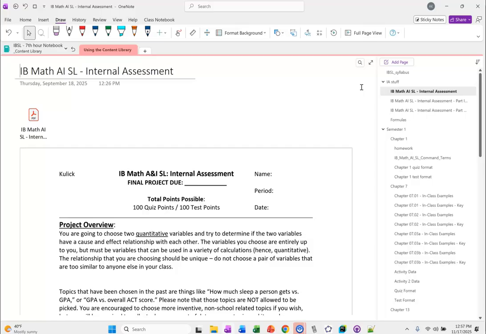Or the symbols that you might need in the body of your paper, like type in a chi and an R and an X bar and a sigma X or a sigma Y, so that you can copy and paste those into your paper later on. Have a glossary of symbols at the end so you can just do some copying and pasting rather than having to go into equation editor every single time. You can do that now, and that'll cut down on that 10-hour